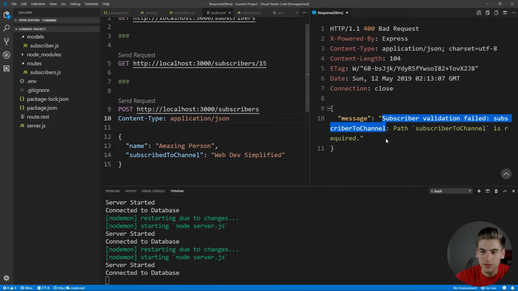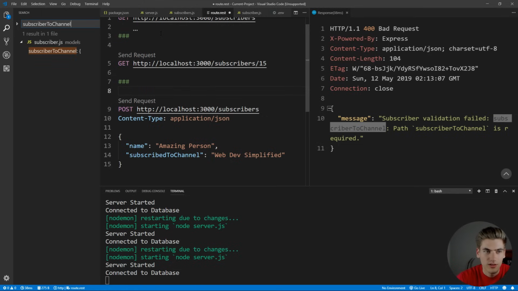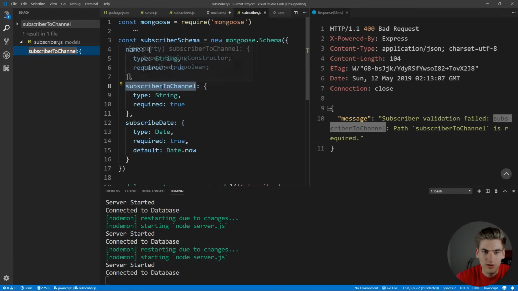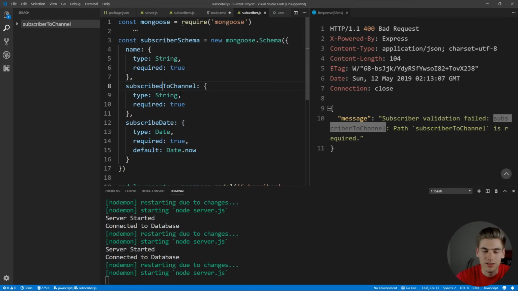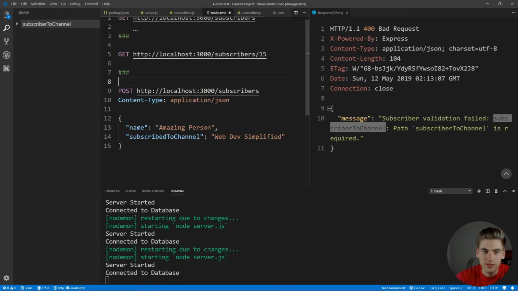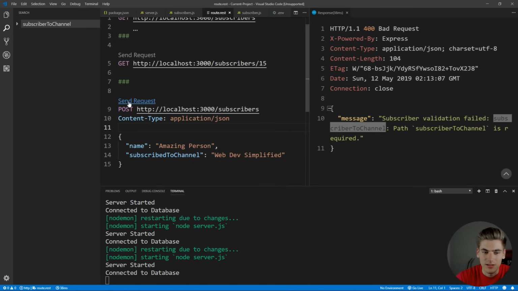And this means I spelled something wrong. I spelled subscribe to channel as subscriber to channel. So let's see where I did that. We can just do a search all, hit enter. And it looks like in here in our schema, I just misspelled this. It should be subscribed to channel instead of subscriber to channel. Now let's go back and test our route. We can click send request again,